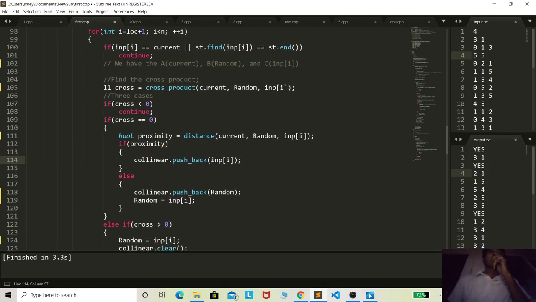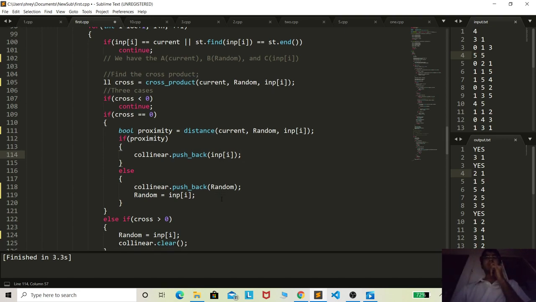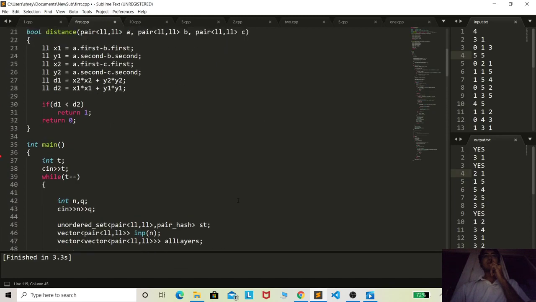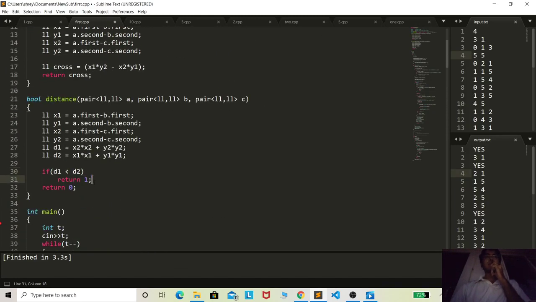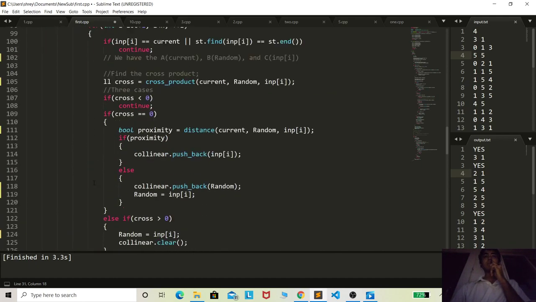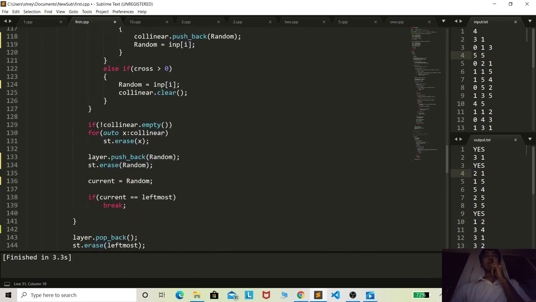And if it's farther than the random point, then I just push back the random point to be discarded, and then I set the new random point as the input point. Okay, so the distance function is also very simple. It's just calculate the distance and returns whichever is nearer. Okay, so after we are done with it,